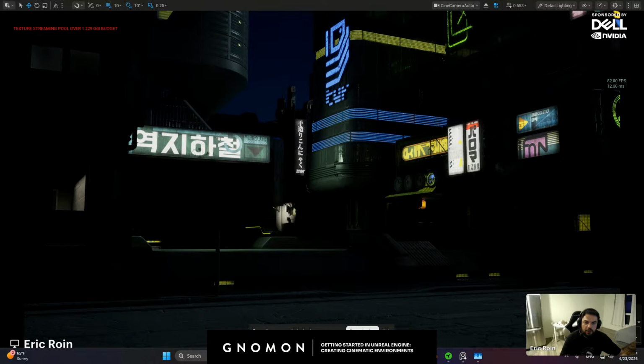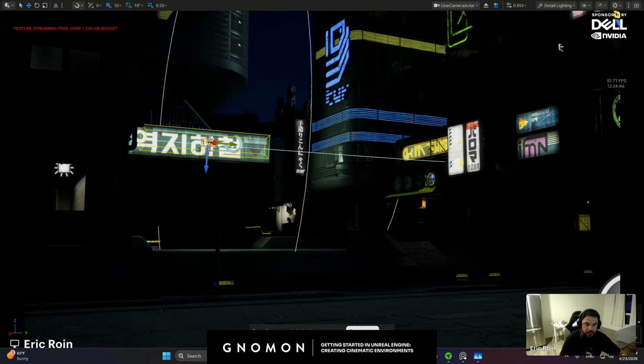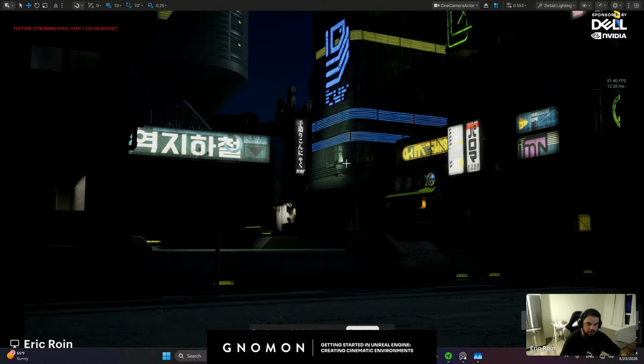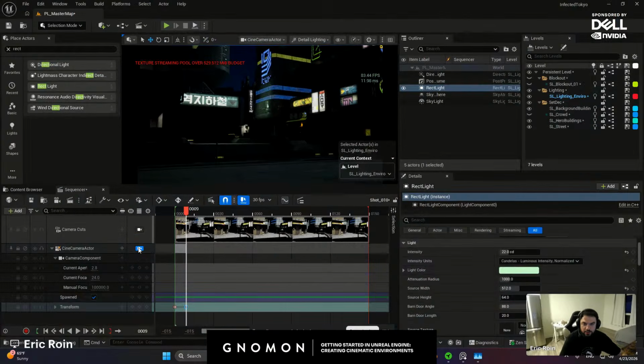You can see how even adding that single light source, if I hide this, see how much better the materials read. We're getting all that detail just from the light source. So it's our job as lighting artists to really make our environment stand out and read. Let's continue on. I'm going to be adding some more signs.